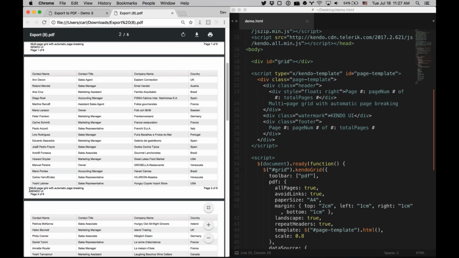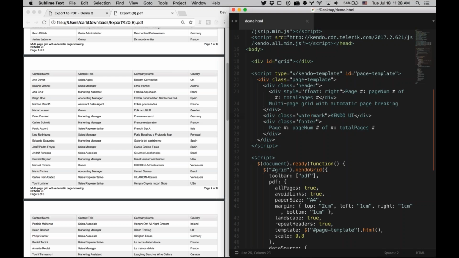But this gives us some functionality now where, for example, if we wanted to define these classes a little bit more, where we have watermark, footer, header, etc., we can go ahead and do so by just providing some CSS classes that can modify these to look a little bit more unique than what we have here. But it gives you some watermarking functionality, and gives you a further indication for the user of what is